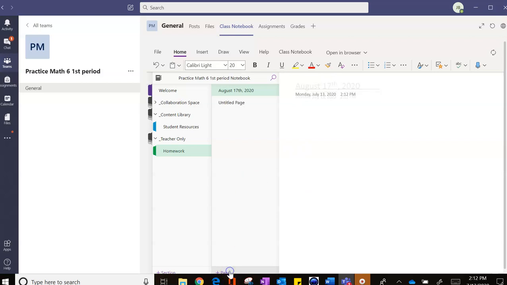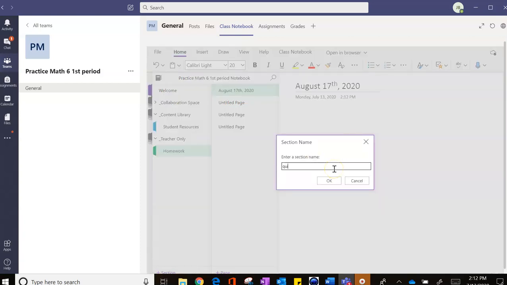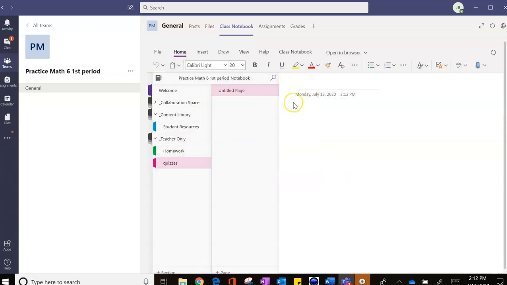And then I can keep adding pages as I need to. So that's homework. Another section that I want to add will be for quizzes. So I can add my quizzes onto here. Okay, so quizzes, anything that you need for quizzes, you put on there. Next one I need is